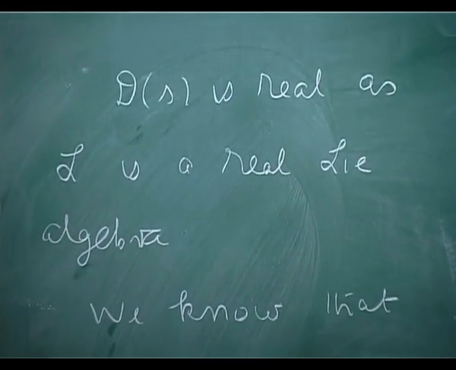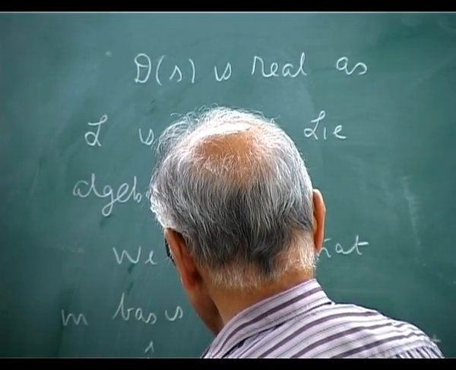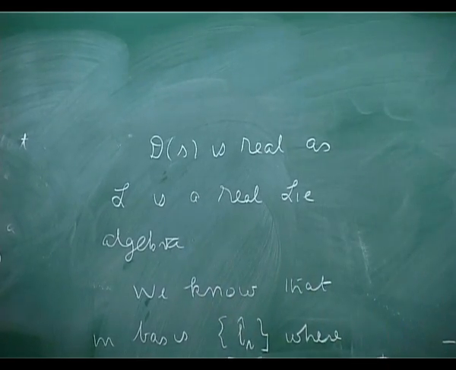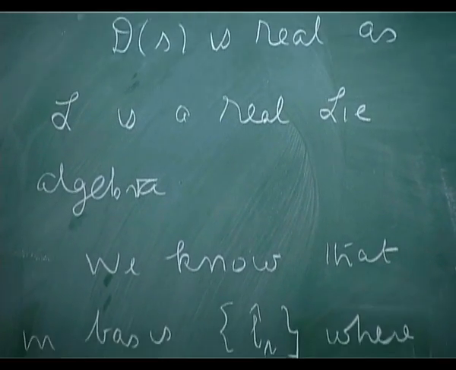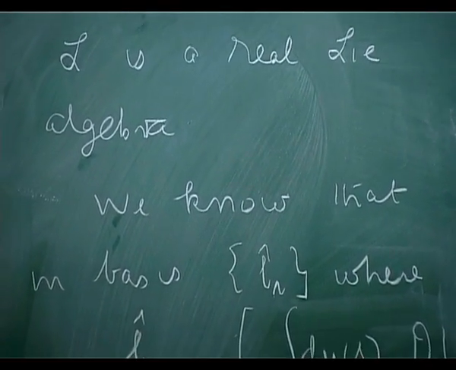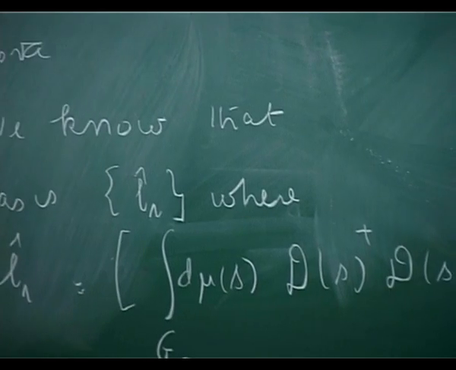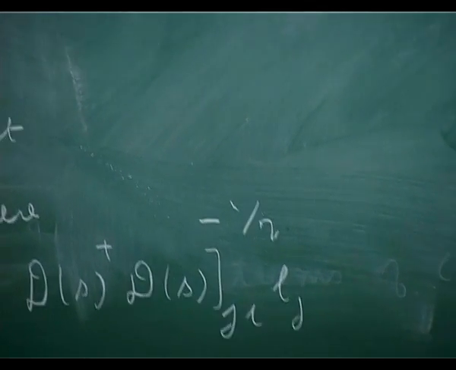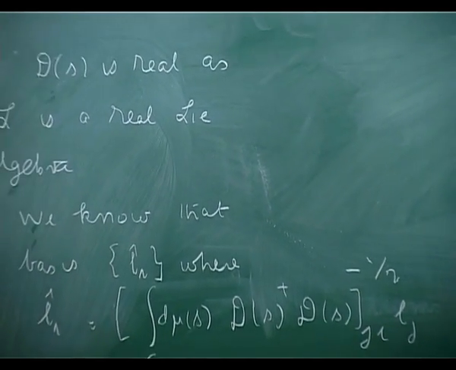So this is a new basis, L hat I, where this is a basis, the group lectures, not finite, compact group lectures,